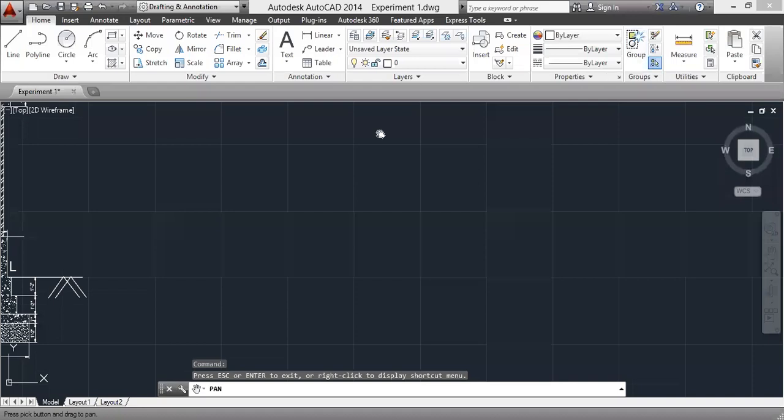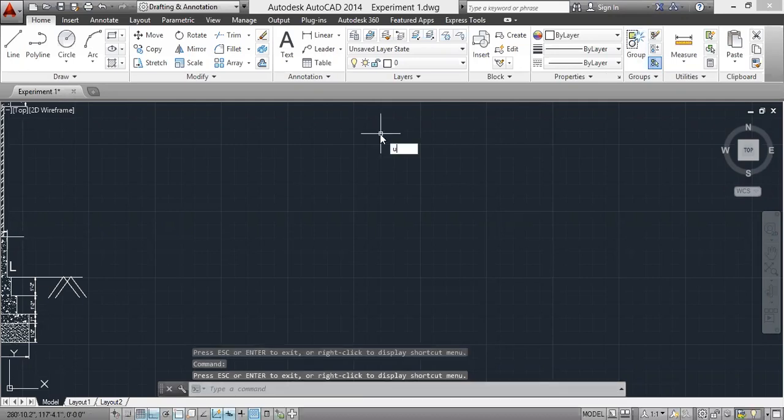Before starting the experiment, we have to set the limits as well as units. To set the units, we have the command UN. Type the command U, enter.